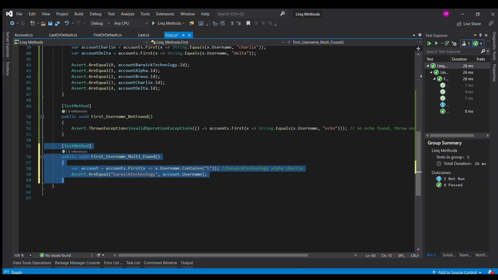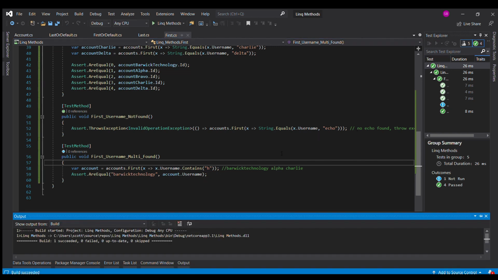So in the situation where there are multiple elements that match, in this example, we're checking where from that list of accounts, we want the first element where the username contains an H. So for our list, that would be the usernames of Barwick Technology, Alpha, and Charlie. Beta and Delta don't contain H's, so they will not be returned in that list. But we want the first, so what we should get from it would be Barwick Technology and not Alpha or Charlie. If I run that test, we can see it's passing,